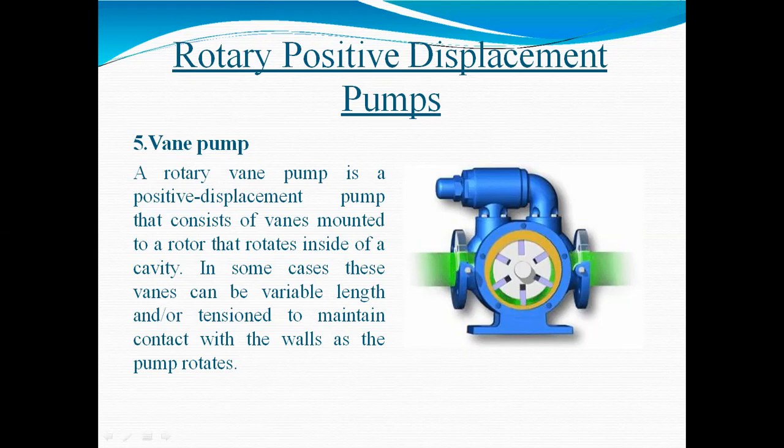The second one is a fixed displacement but balanced type of vane pump. So what is a balanced type of vane pump? Once we change the eccentricity, meaning if we change the center point of your rotor and the center point of your casing, it will allow more oil to enter between two vanes so that the maximum pressure can be achieved.